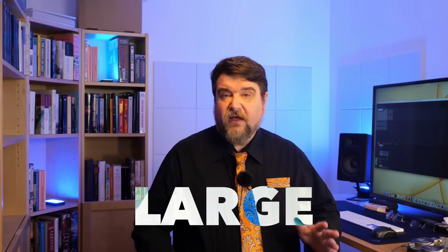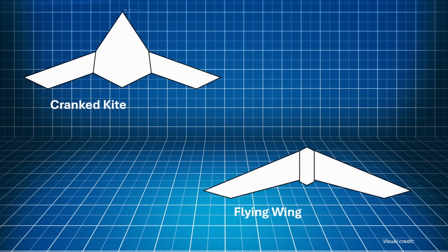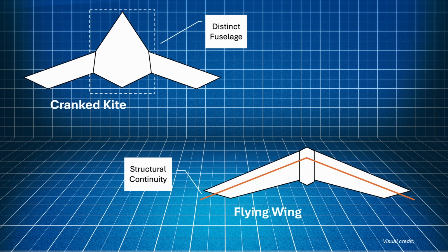In the last year, at least 3 very large flying wing Chinese drones have been identified. There are actually 2 different designs, the so-called crank kite and the classic flying wing, so let's see the difference first. The crank kite has a recognizable fuselage that has the shape of a kite, while the flying wing doesn't